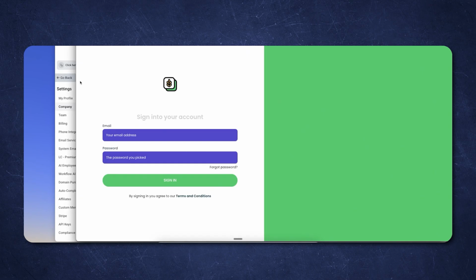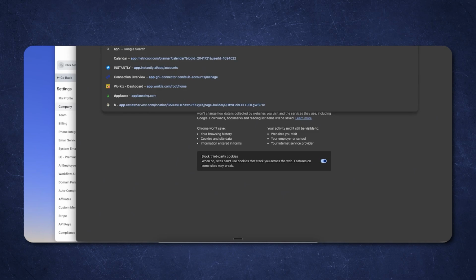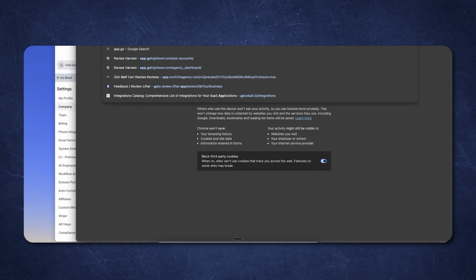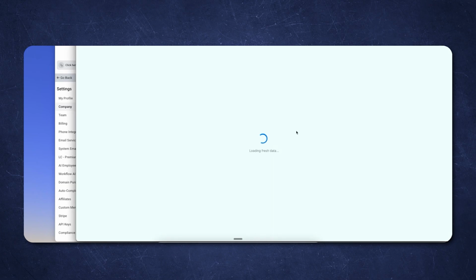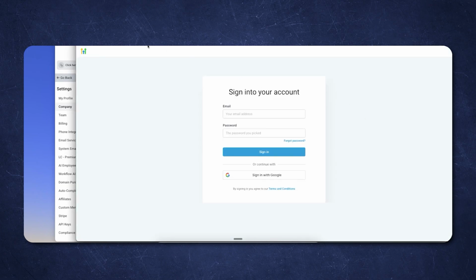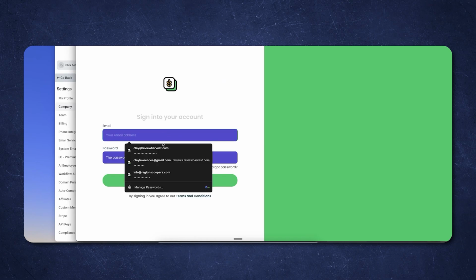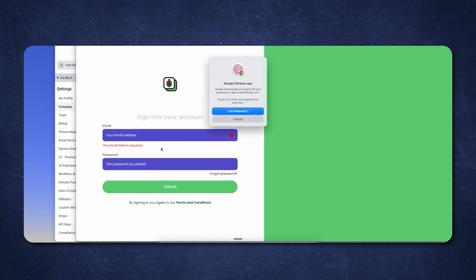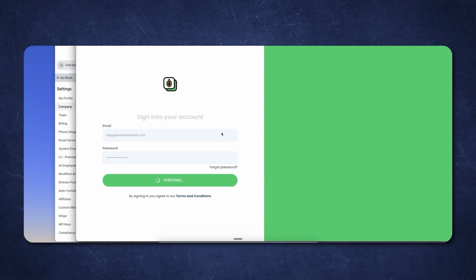So there's that. Also, if you want to customize this login page, normally your login page is going to look something like this, app.GoHighLevel.com. But if you use HL Pro Tools, you can customize your whole login page, make it look totally unique. You can also customize the page once you log in. So if you see, for example, here, when I log in here,